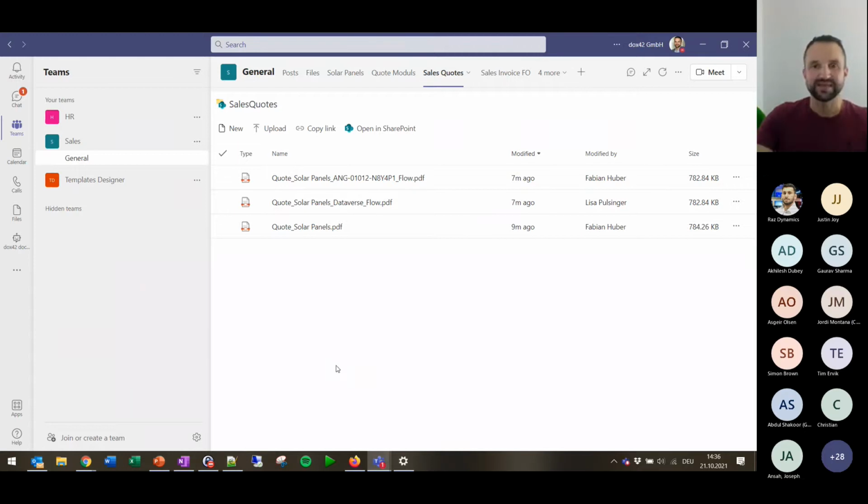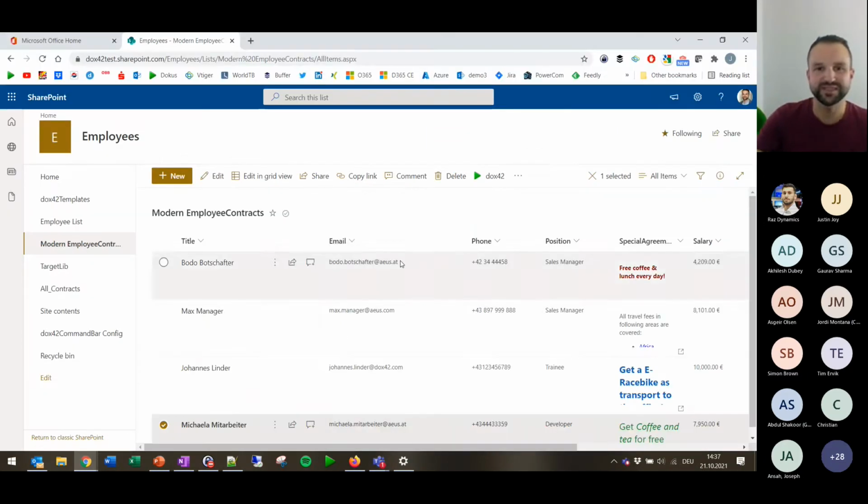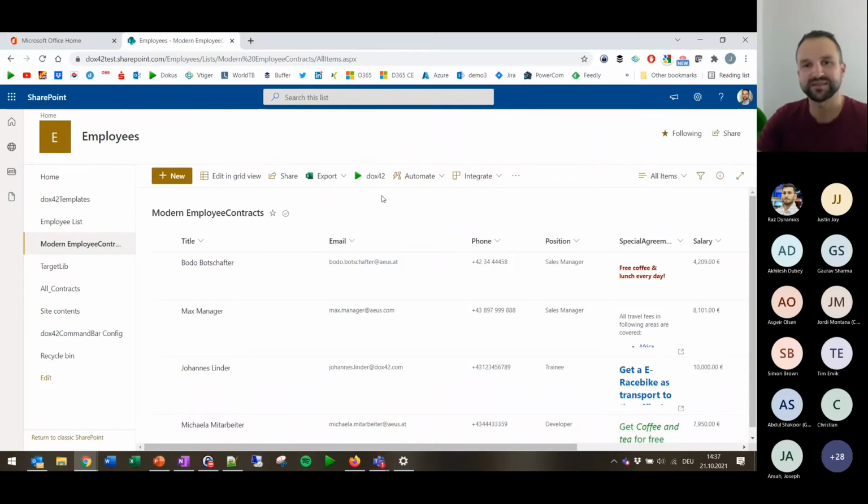And yeah, as Fabian said, we want to trigger something from SharePoint now. And as we've seen the contract within CE, we want to do the same thing now within SharePoint. And just to kind of also show you that both the output of the contract was triggered first time now from CE, but it will be the same thing now from SharePoint, where